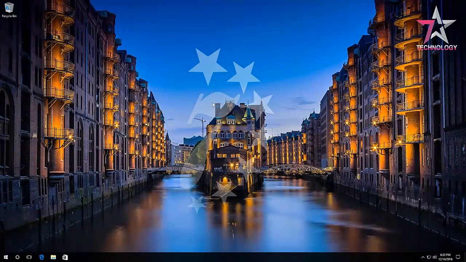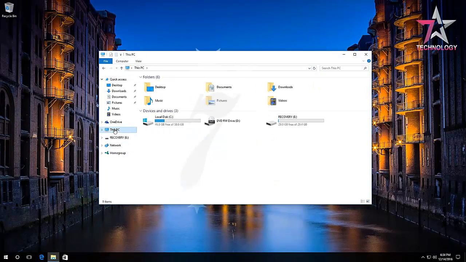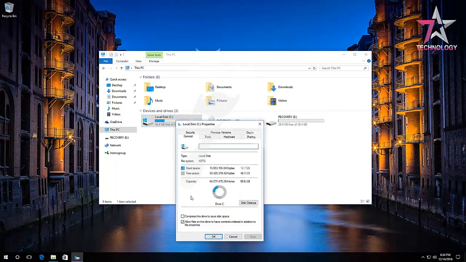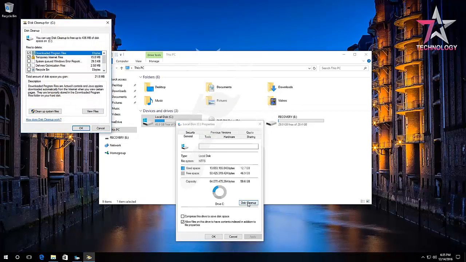To delete restore points, we can use two variants. The first one is deleting all restore points, but the latest. To do it, right-click on the disk where restore points are saved and click Properties. In the tab General, select Disk Cleanup. Wait until the disk cleanup preparation process is complete. After that, click on Clean up System Files